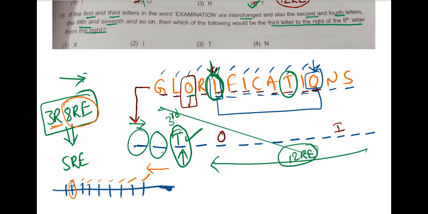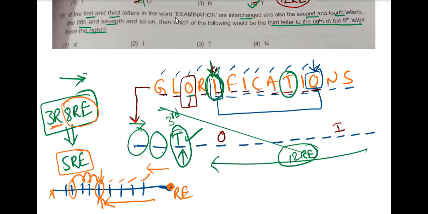Yes or no? Yes, sir. First, second, third, this one. This is our answer actually. Yes or no? Sir, so this is from the right end, but here I have not declared the left end. We can take any number of positions. Okay, sir. So what is this place? This is the fifth from the right end. Yes or no? Yes, sir. Overall, he is asking for the fifth from the right end.